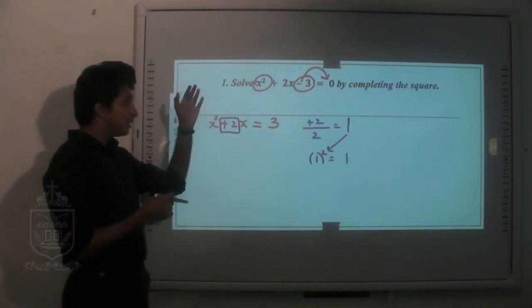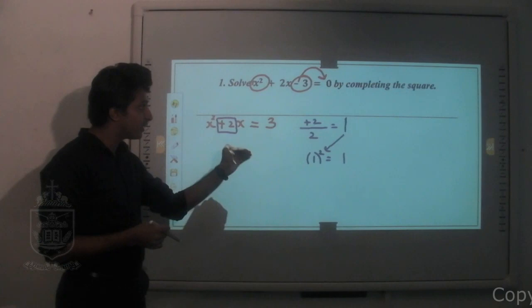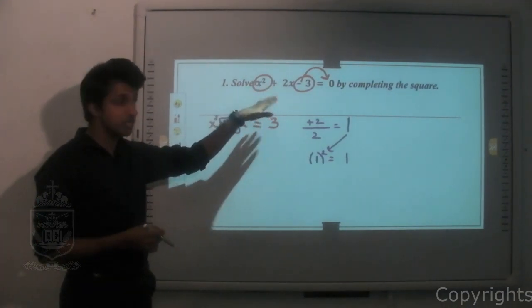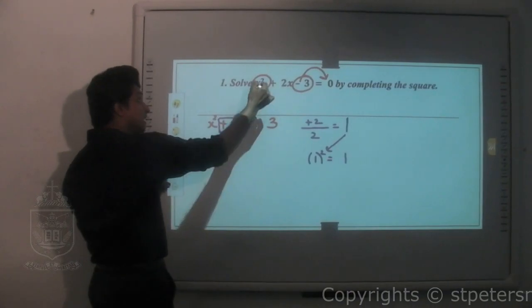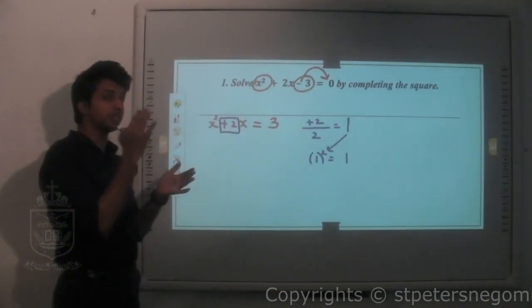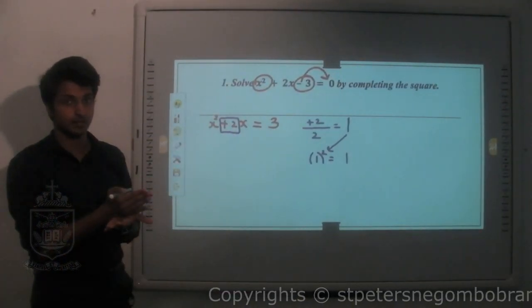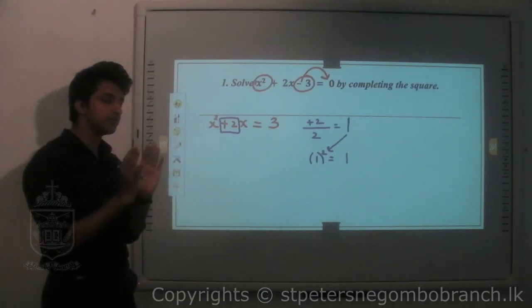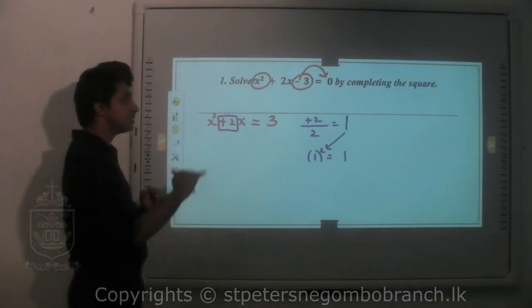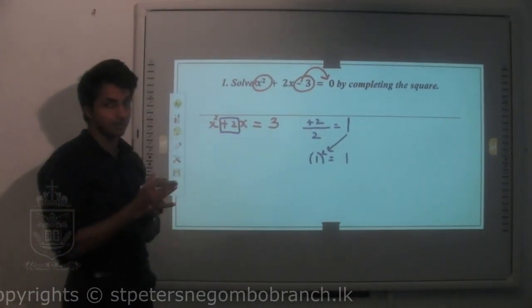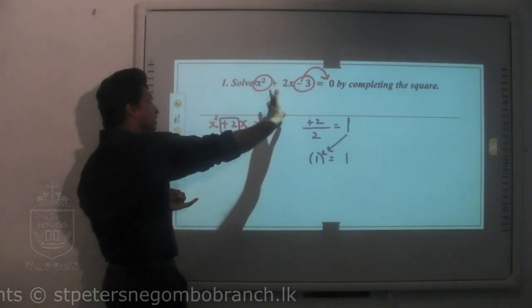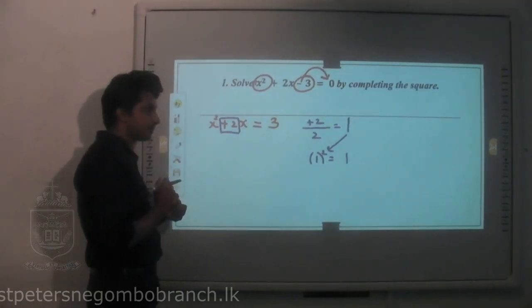Again, when you are starting to simplify this equation using the completing the square method, first step, check whether x squared is alone or there is a number in front of x squared. If there is no number in front of x squared, nothing should be done. Take the whole number to the other side of the equation. That is the second thing you have to do.